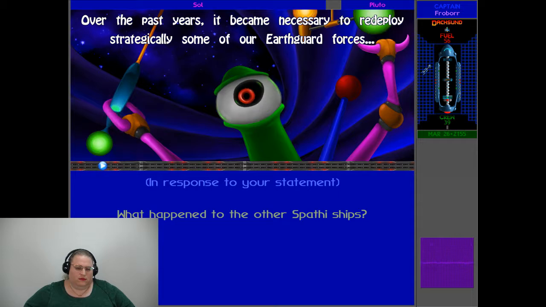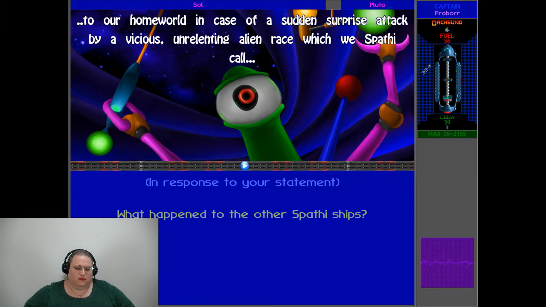Over the past years, it became necessary to redeploy strategically some of our Earth-bound forces to our homeworld in case of a sudden surprise attack by a vicious, unrelenting alien race which...